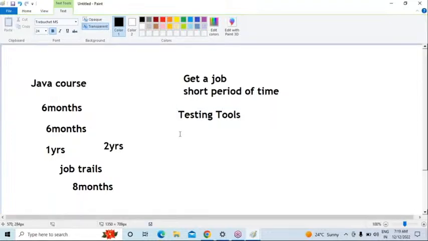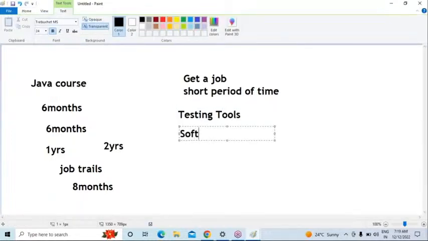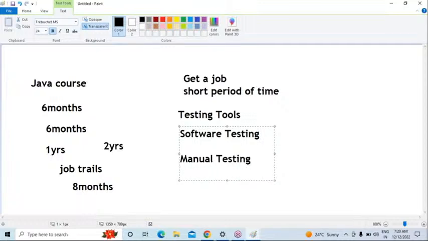Again, here I already said that people will call it software testing. In this software testing, we are discussing the manual testing and